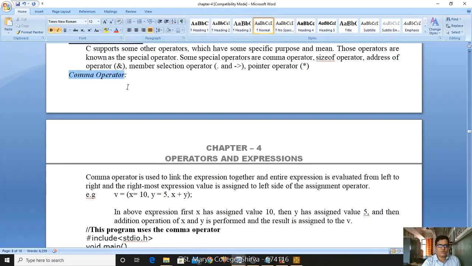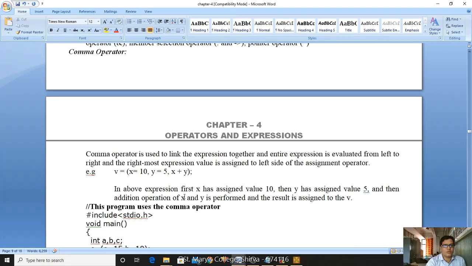Let me explain the purpose of the comma operator. With the comma operator you can link expressions together, and the entire expression is evaluated from left to right. For example, v = (x = 10, y = 5, x + y). You have used the comma operator, using the x value and y value, so 10 plus 5 is 15.